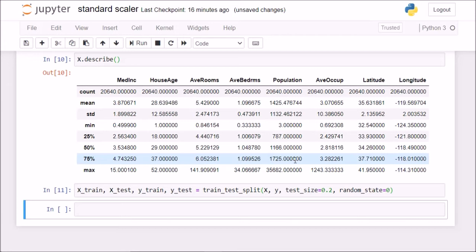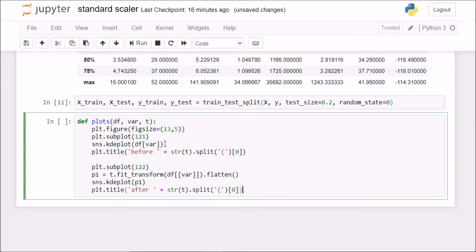Now I'll first show you what I meant when I said that standard scaler does not change the shape of the distribution. For that, I have made this small function which will plot two figures for each particular column side by side, and it will tell us before and after stories.